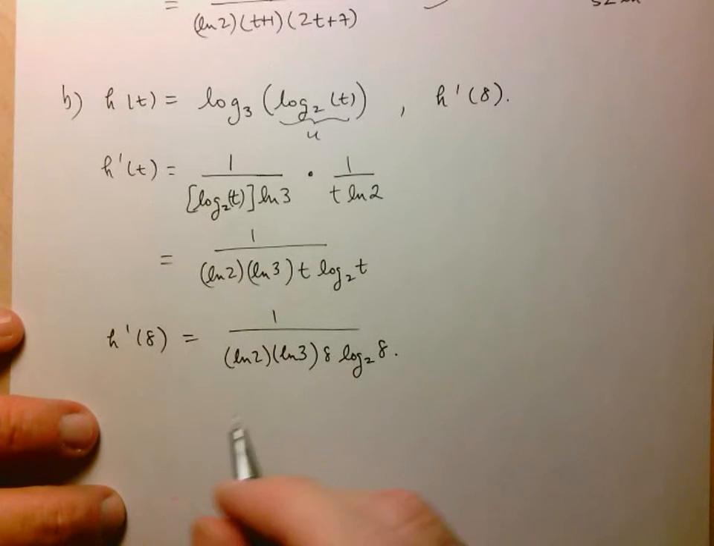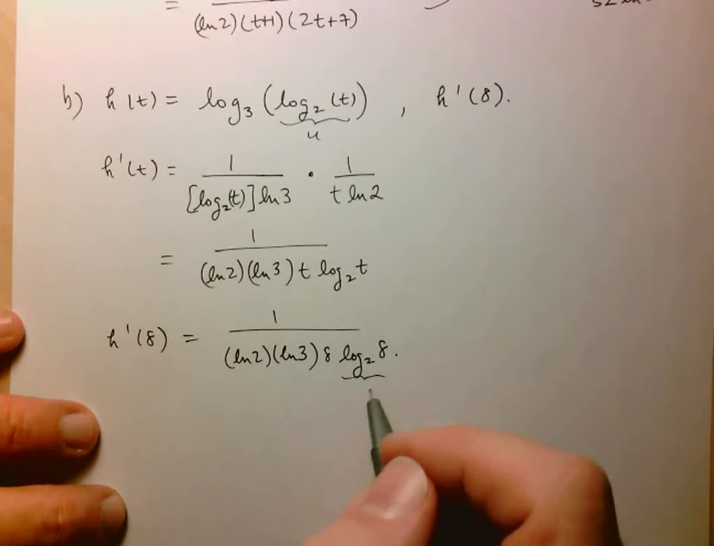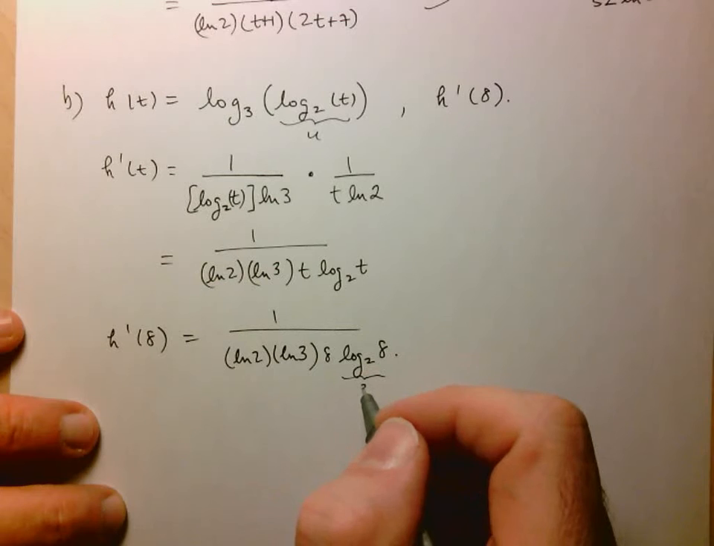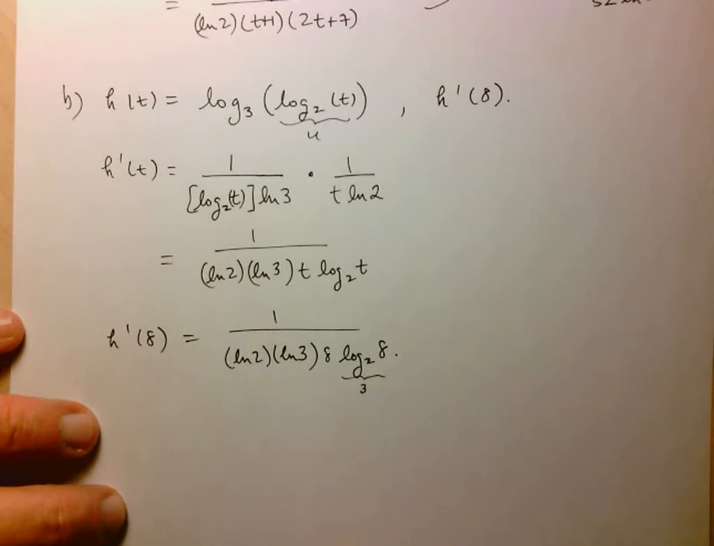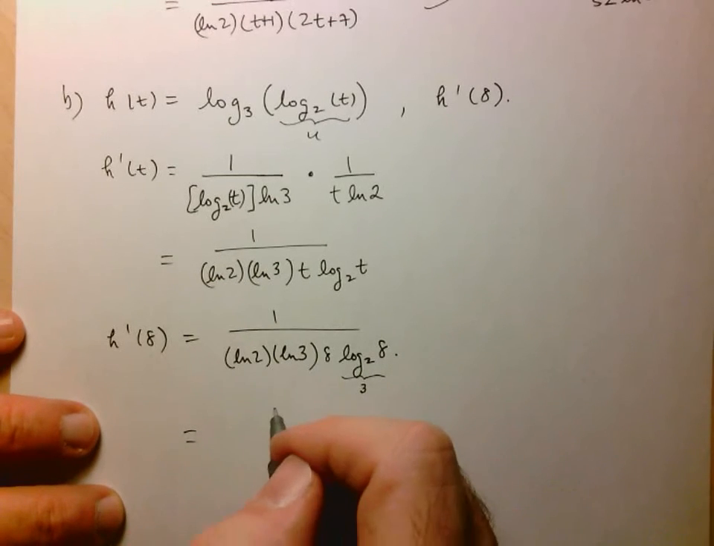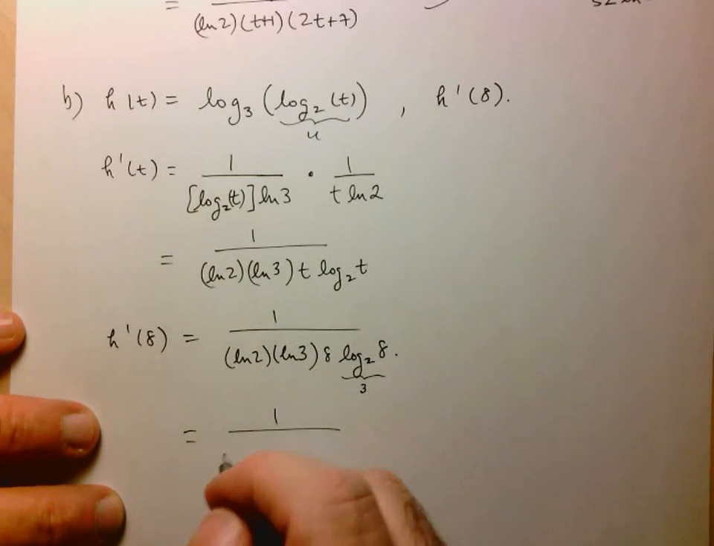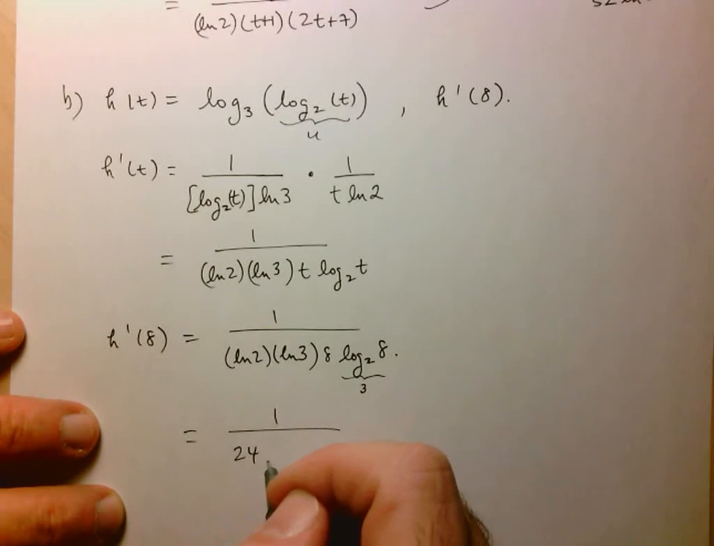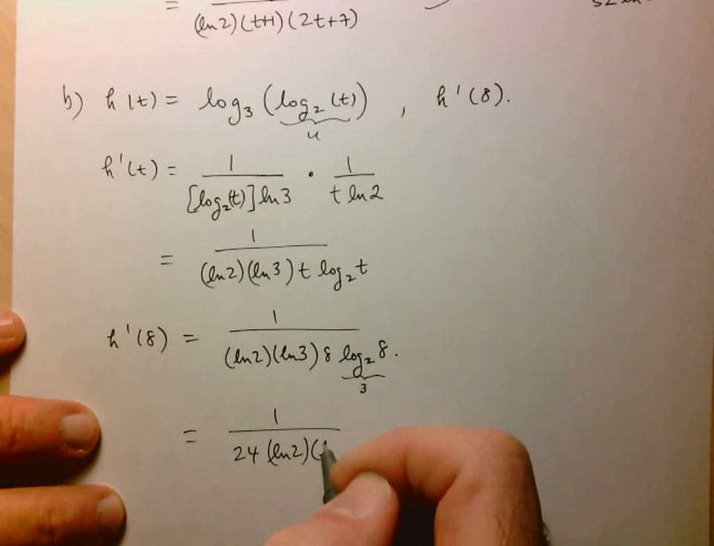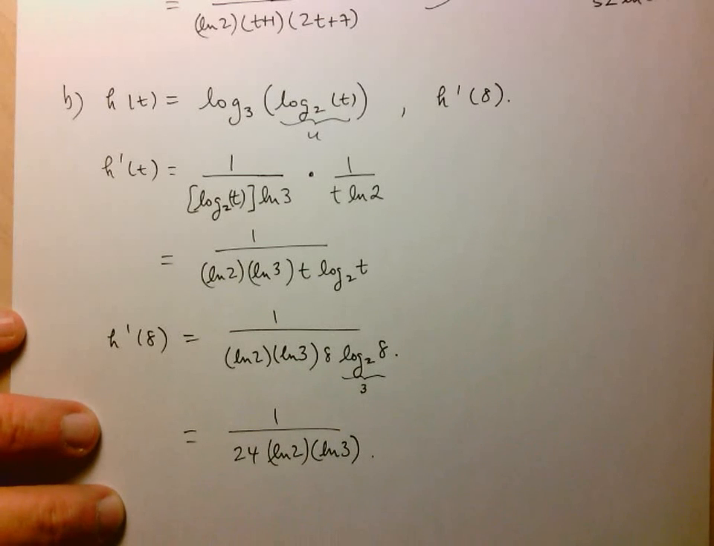Okay, and we can do a little simplifying here because log base 2 of 8 is just equal to 3 because 2 exponent 3 is equal to 8. So we can simplify that to 1 over 8 times 3, which is 24, ln 2 ln 3. Okay, and that's the exact